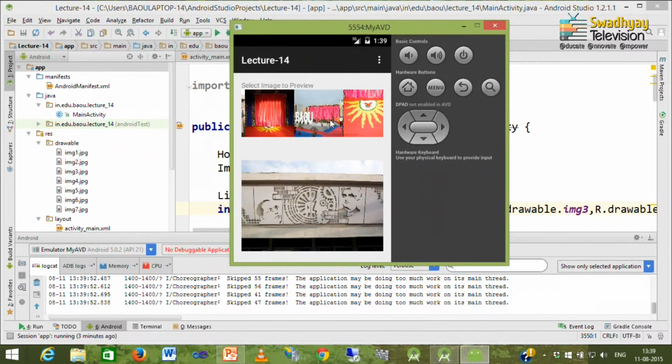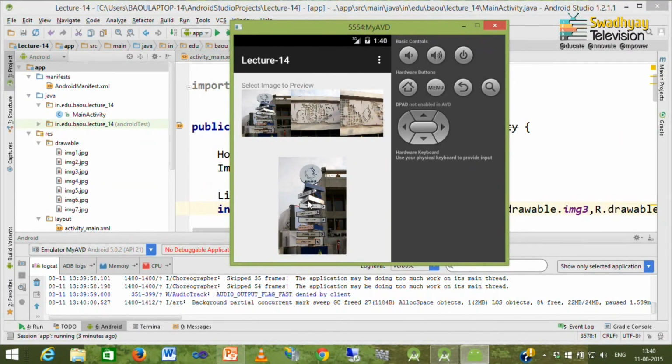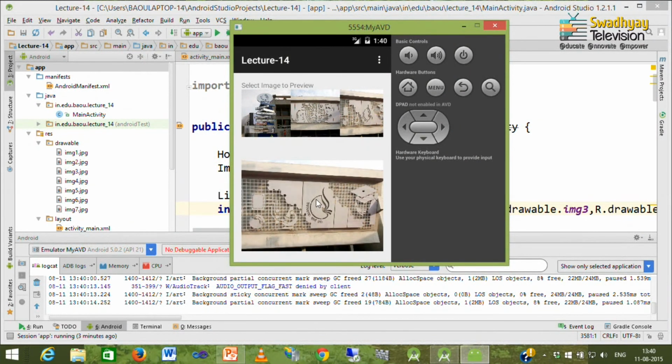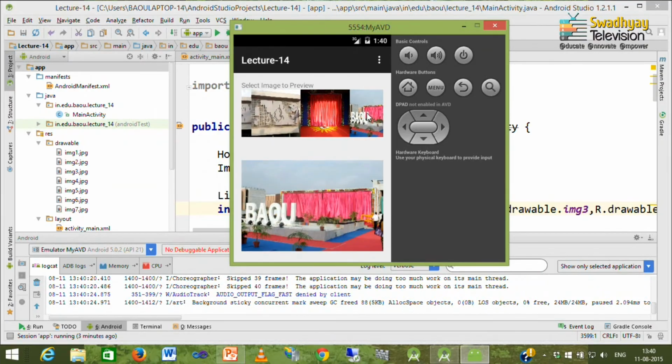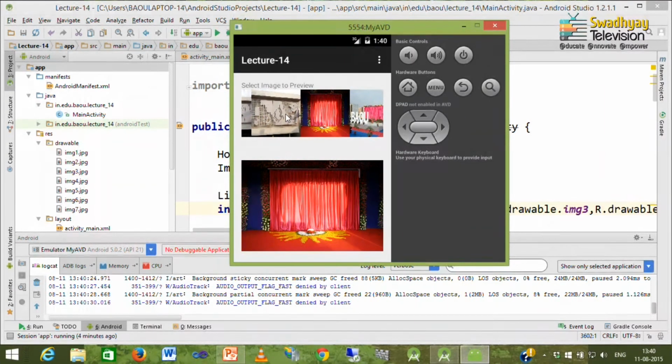So, we can have a scrollable view of our linear layout, and by clicking on a particular image we can have its preview inside this image view placed at design time. Remember, all these images are created dynamically inside the linear layout, which is also dynamically created, and by clicking on this we can have its view inside this image view.